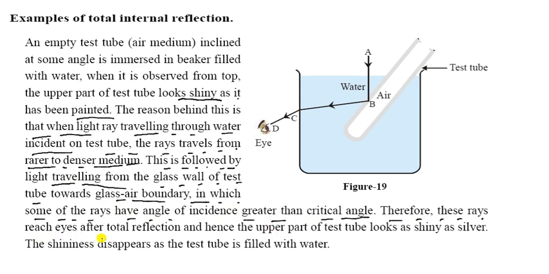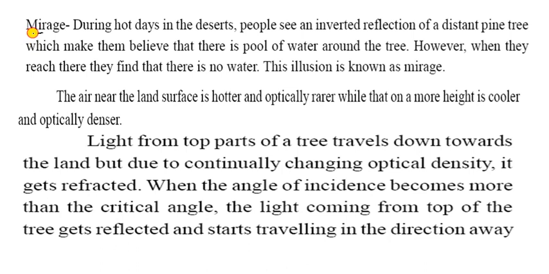This angle is known as critical angle. So you can write in your copy that critical angle is that value of incident angle in the denser media for which angle of refraction is 90 degree in the rarer media. And the most important thing, the necessary condition for the total internal reflection.